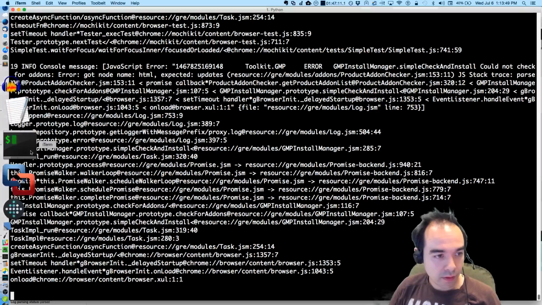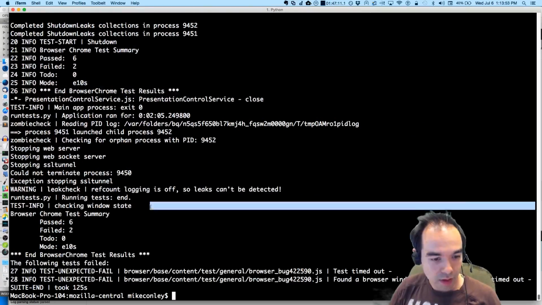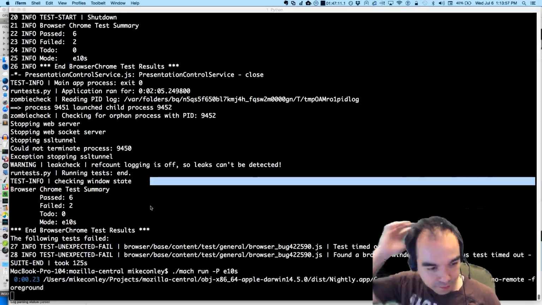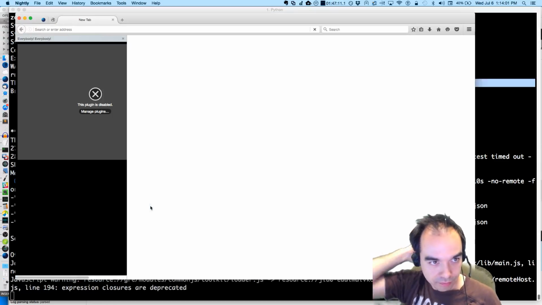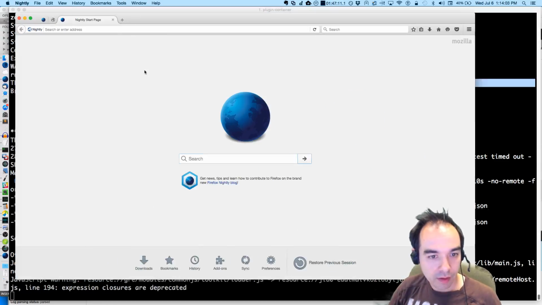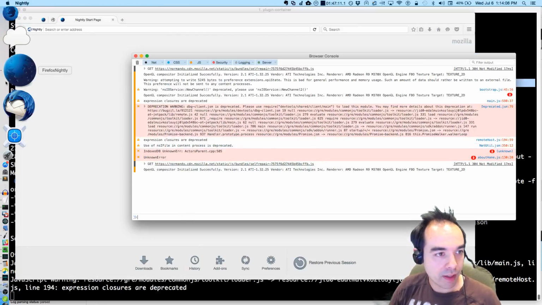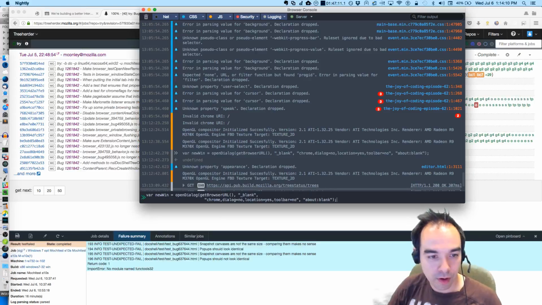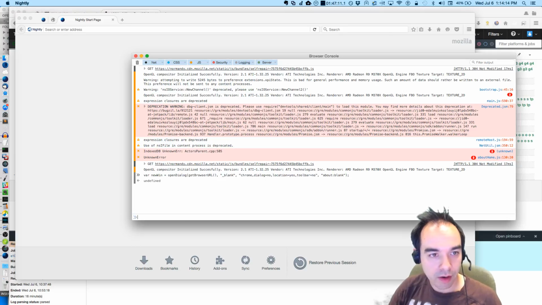Yeah, I'm going to just run the browser instead of running the test. Get rid of that. Don't need that. And we're going to open up the browser console. We're going to paste the exact same thing I put in the other browser console before.